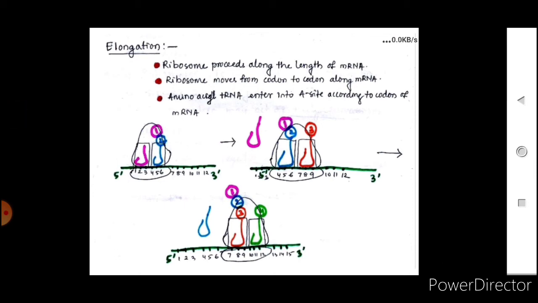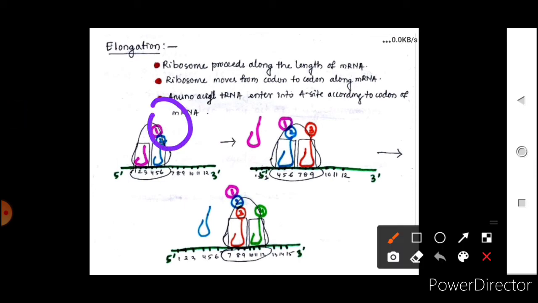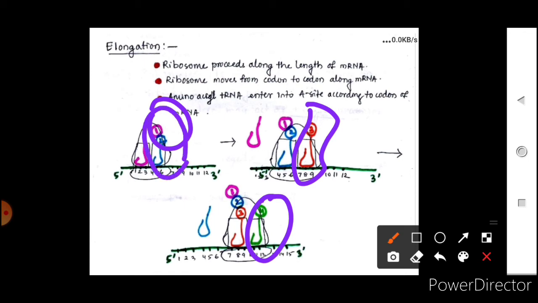Okay, so here you can say that 1 and 2 were formed, then the 3rd is coming, it is also joined, then the 4th is coming, this will also join. So a chain will be formed, and this blue color aminoacyl tRNA will come to the other side, then this red color amino acid is coming here, and they are released in this form.